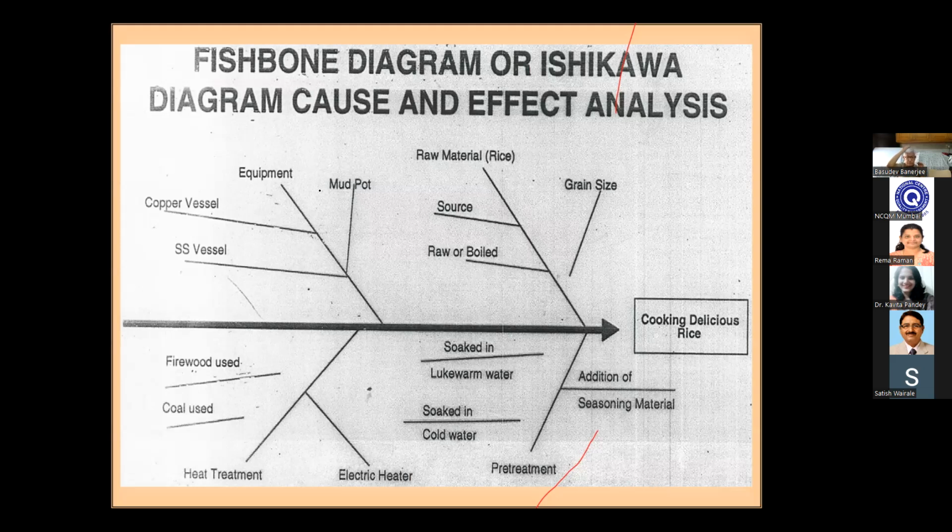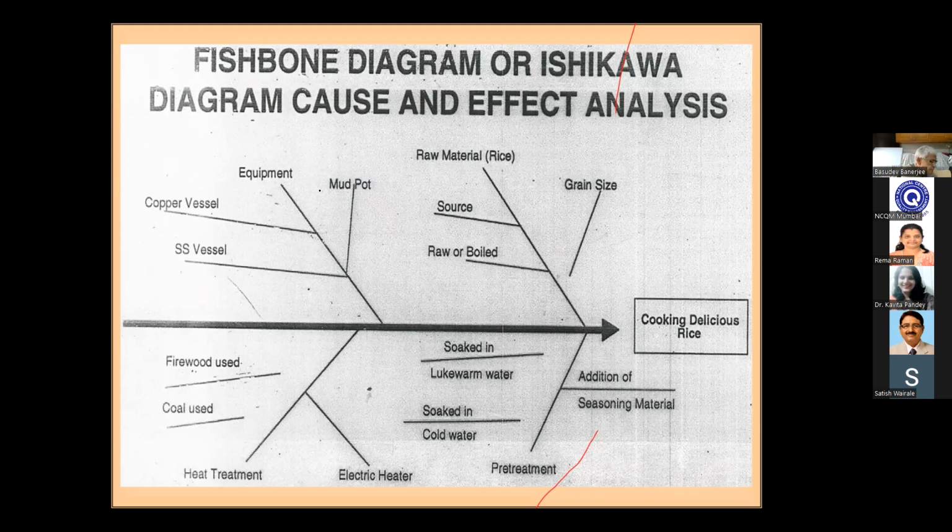The problem comes after some time. This was discovered by Dr. Kaoru Ishikawa, who was a Japanese. He solved a lot of problems in railways and this sort of thing by using this sort of diagram. But then people later found out, how do you know which is more important in this? Okay. Because nobody is telling you.